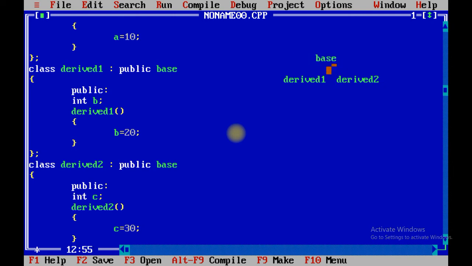So first of all you need to create the base class, then while you are going to create the derived class you need to make the base class public. Similarly, base class contains two children, right? So again public, then base. So the base class would be inherited in both the cases because it is the parent class for derived 1 as well as the parent class for derived 2.